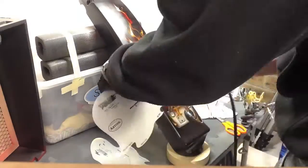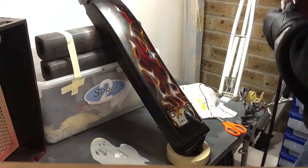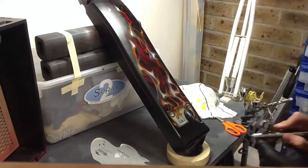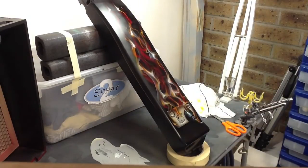So these are the brightest and the hottest parts of the flame. So I generally hold the stencil, do a sharp edge, and then do some subtle ones just so that you've got a bit more depth. And then again, switch back to freehand and clean everything up. Add your own little bits. So now I'm grabbing the candy again,